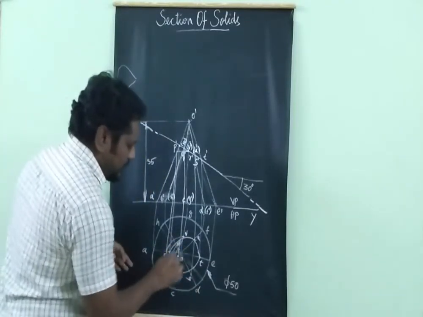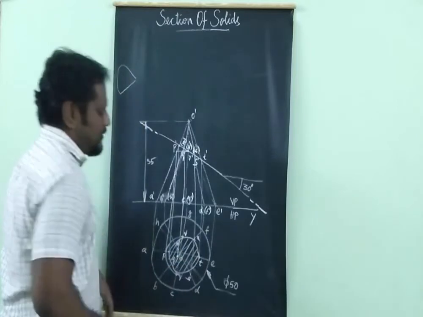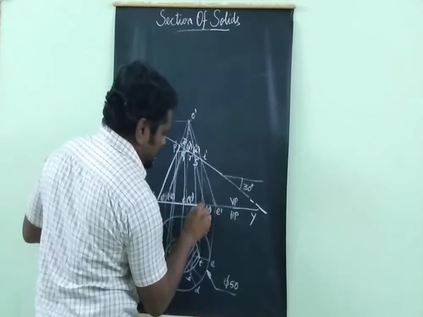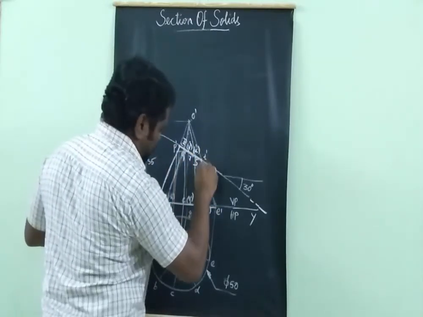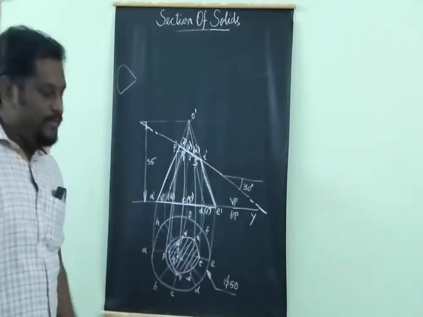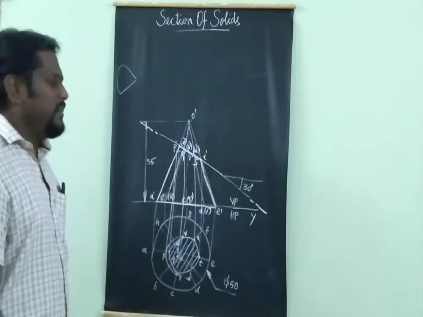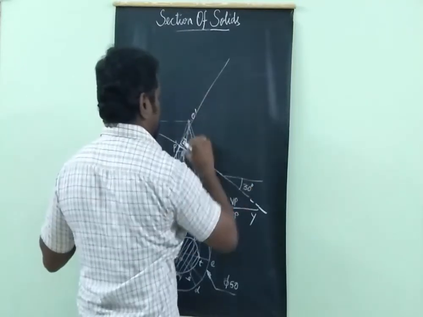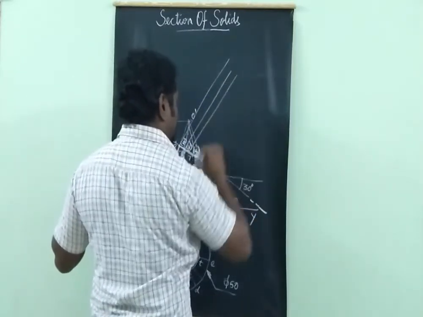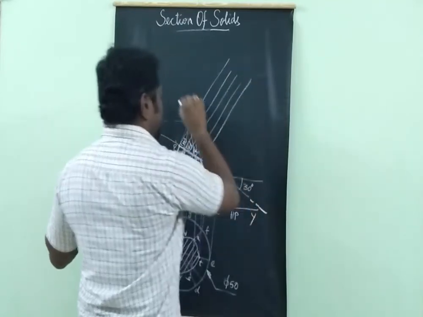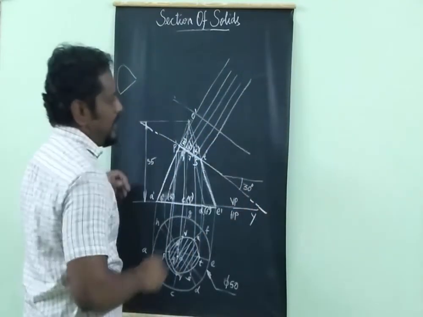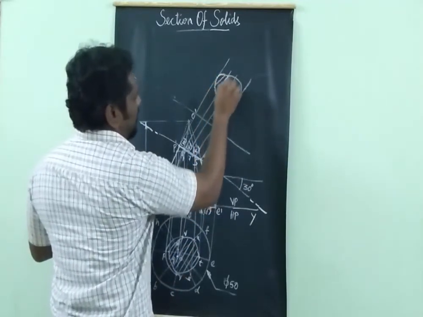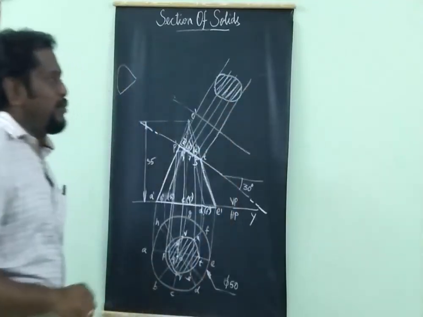Whatever proper ellipse you get like this, you have to transfer this, and the remaining portion here is your remaining portion. So this is my front sectional view, this is my top sectional view. Again, to draw the true shape, you have to draw the vertical lines from here like this and draw a horizontal line. Transfer all the points here, you will get an ellipse here. So this will be your final true shape. Okay.